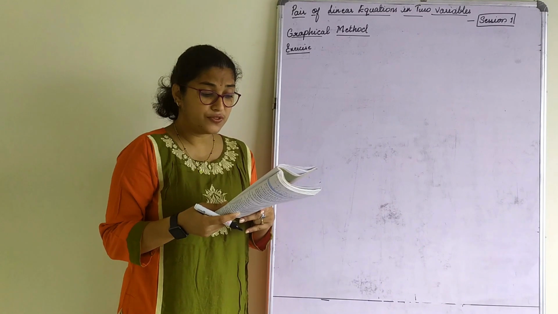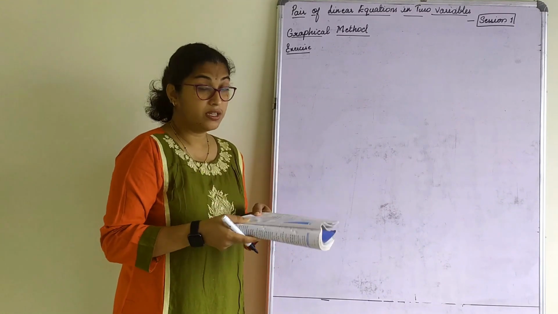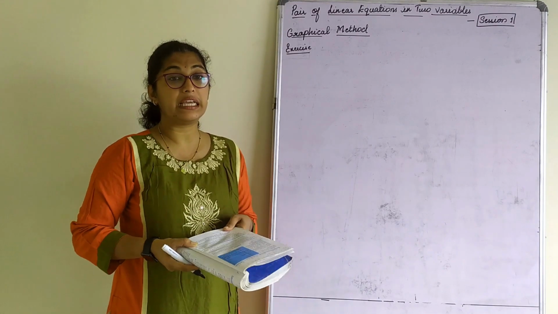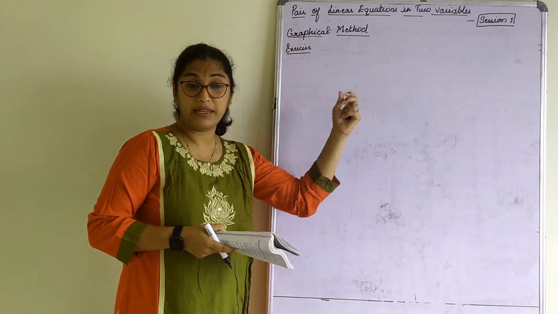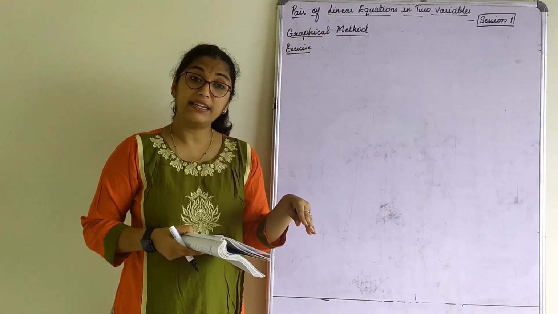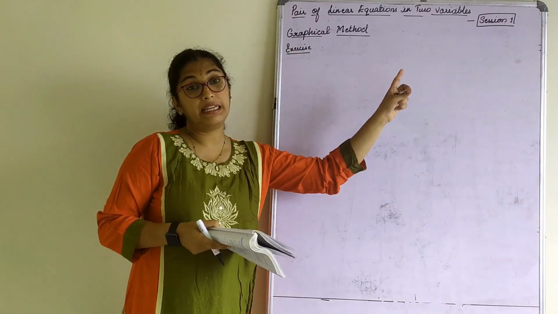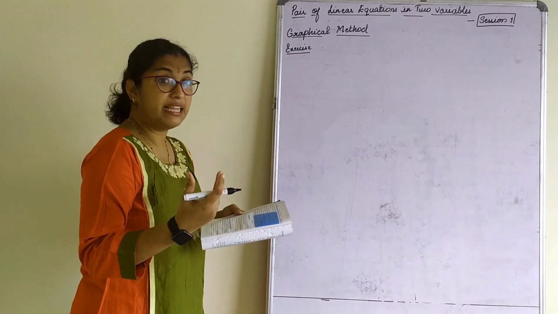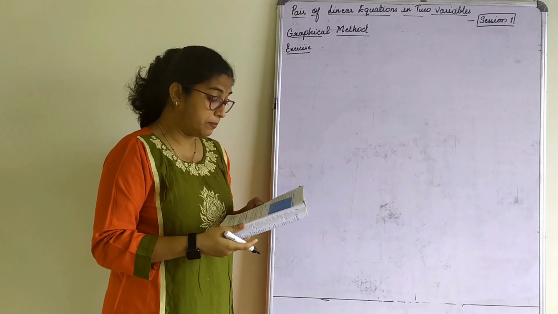Also, 3 years from now, I shall be 3 times as old as you will be. Isn't this interesting? Represent this situation algebraically and graphically. Algebraically means we need to write the statement, get the equation. Writing the equation is algebraically. Representing the equation on the graph is graphically. So, let's again read the question from the beginning. Let us read that part by part.